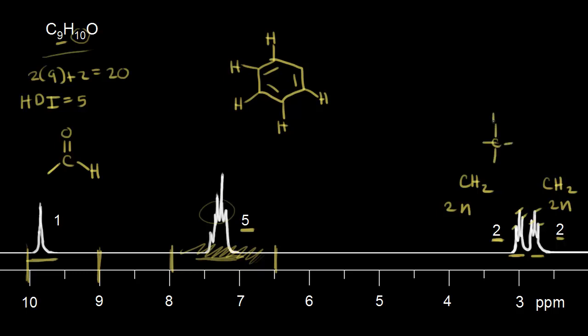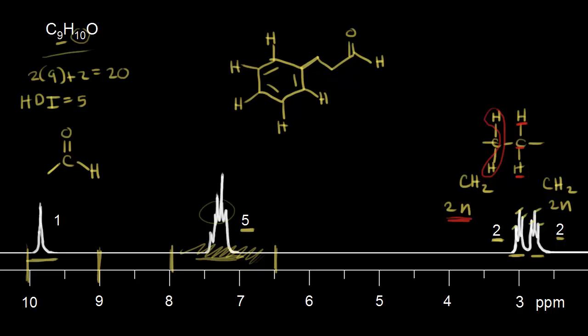So if we have one CH2 next to another CH2, each of those CH2 protons have 2 neighbors. For example, if I think about these right here, how many neighboring protons? Well, this is the carbon next door, and I have 2 neighboring protons. So that makes sense when we look at the signal on the NMR. There's only one way to put together these different pieces of the puzzle. So we would have to put a CH2 coming off this place on our benzene ring, and then another CH2, and then finally our aldehyde. So go ahead and draw in our aldehyde like that. And so that must be the structure of our molecule.